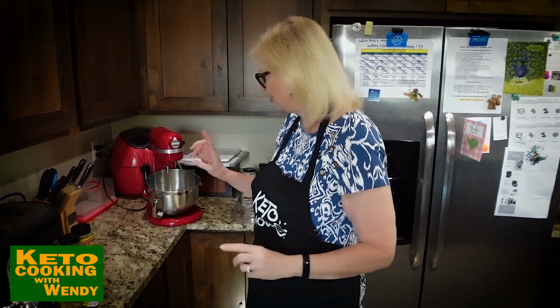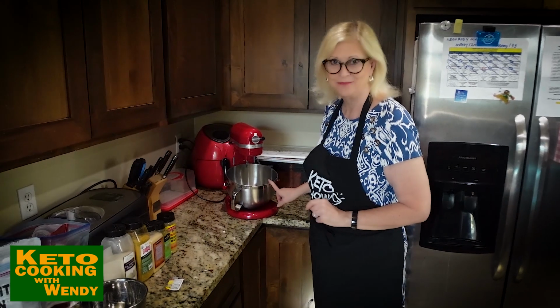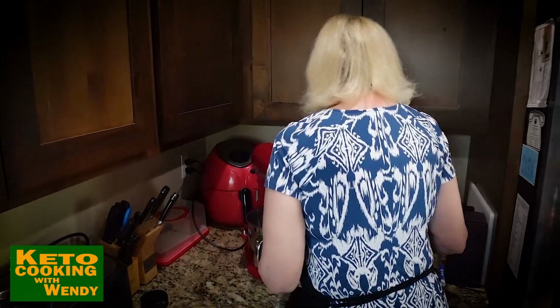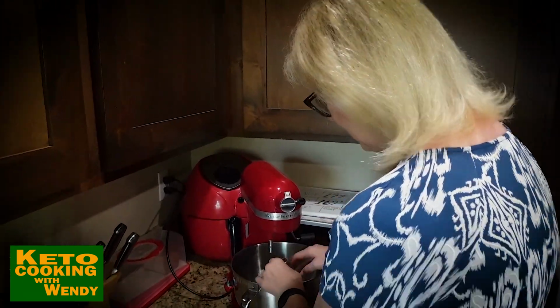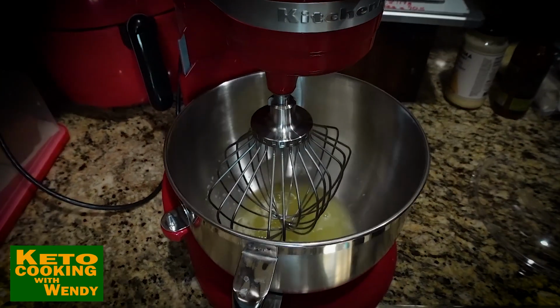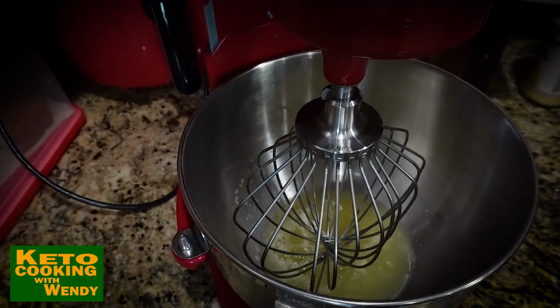So I have measured out 200 grams of egg whites. So I've got that in my bowl. I'm gonna just let them sit there, get to room temperature nicely. And then